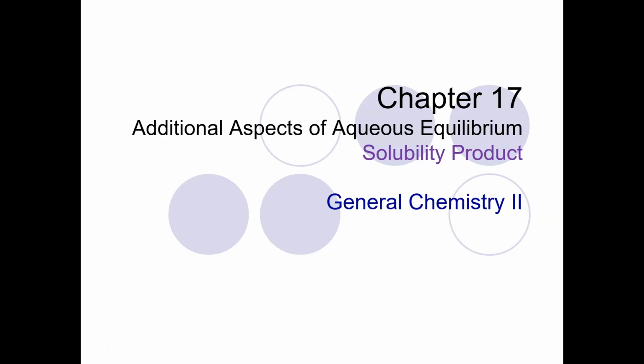The good news is we're not learning new math skills. We know everything we need to know about equilibrium. We know about equilibrium constants. We know about ice tables. We know how to handle acids and bases now. So we're just going to throw in what are other things that go to equilibrium and practice solving them. The only thing that's going to show up here that's maybe been a little bit